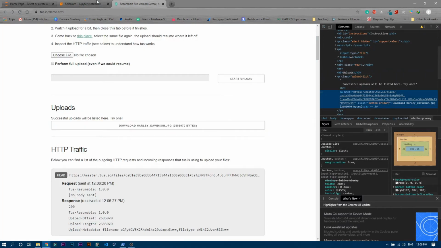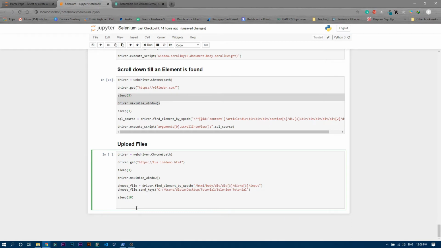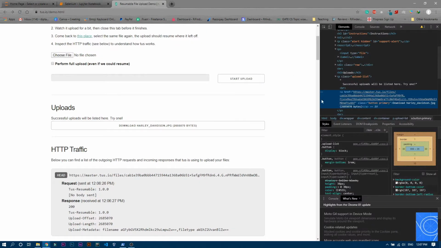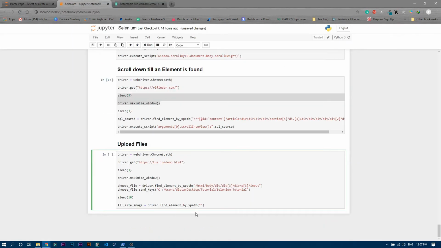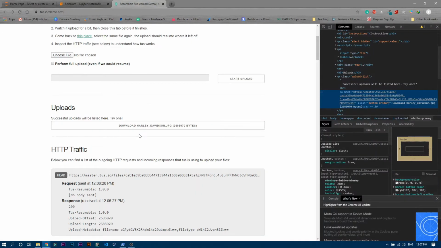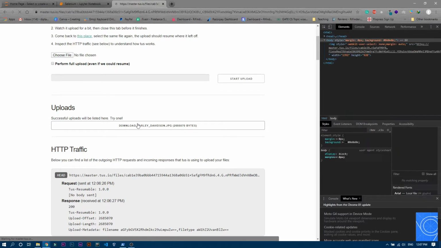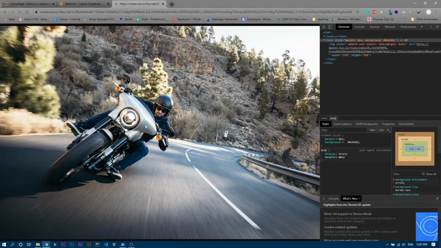Before that, I'll write over here full size image, and that will be driver dot find element by XPath, and here I'm going to paste the XPath of that particular section. I'll just copy the XPath and paste it over here. Perfect. So it will actually open the image in full screen, right? So let's see that. Yeah, you can see it opens the image in full screen.